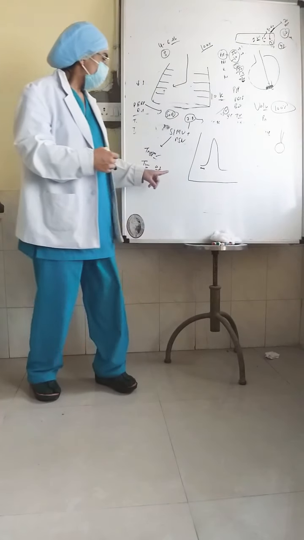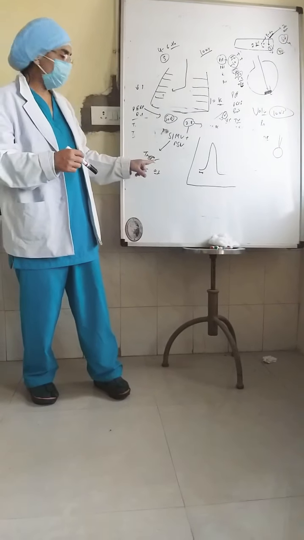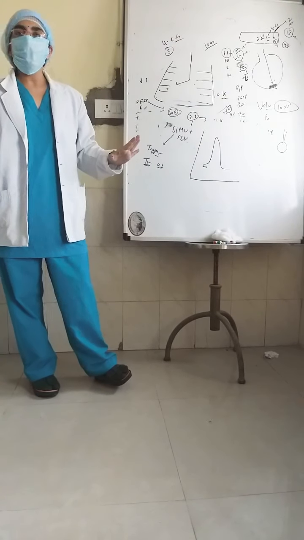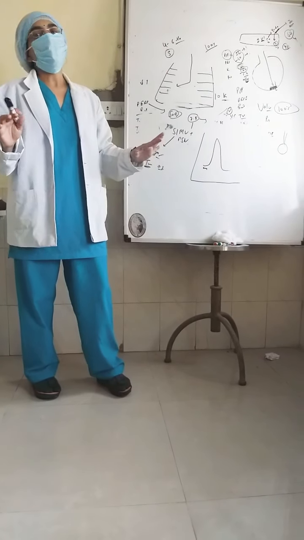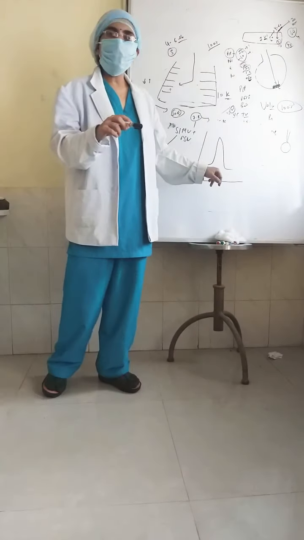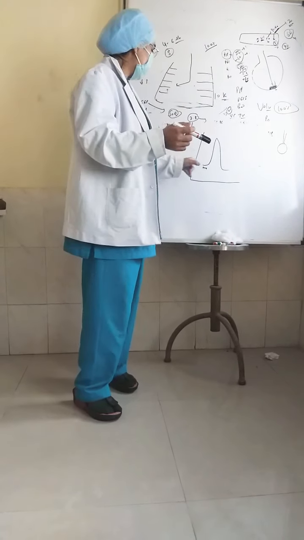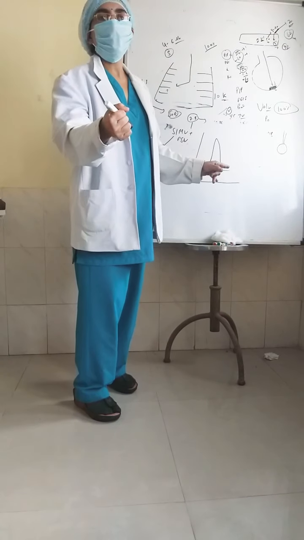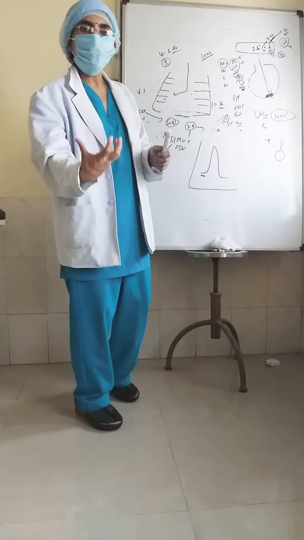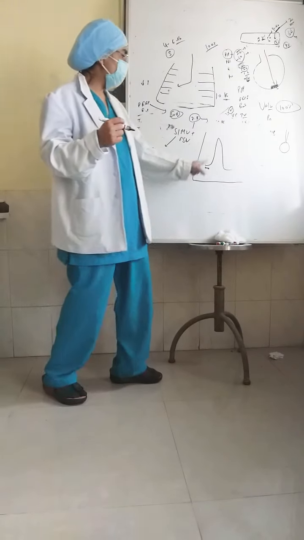Now, when you are weaning the patient, you need to increase the trigger sensitivity. If you don't want any kind of effort from the patient's side, or you want to give complete rest to the patient, you can decrease the trigger to 0. Here we are weaning the patient, so we can set a time trigger of 0.1 to 0.2 seconds, or we can reduce the flow trigger threshold, so that even a small amount of initiation, the ventilator is able to pick it up. So this is the trigger which is going to initiate the ventilation.